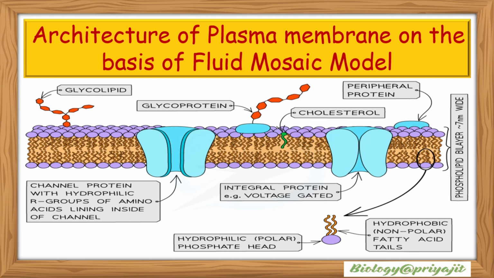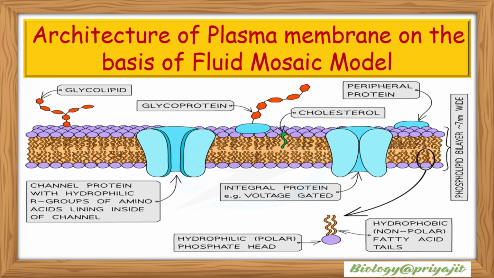the fluid mosaic model, one of the most remarkable concepts in modern cell biology. This model revolutionized our understanding by showing that the plasma membrane is not a rigid wall but a flexible, dynamic and mosaic-like structure where lipids and proteins move freely to perform vital functions. It beautifully explains how the membrane maintains stability while allowing fluidity, communication and selective transport. So let's dive into the fascinating world of the fluid mosaic model and explore how it reveals the true architecture